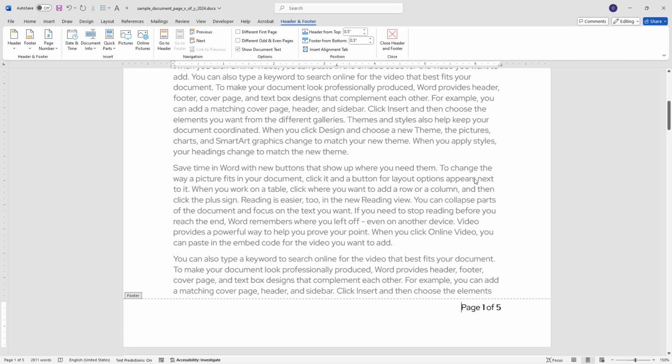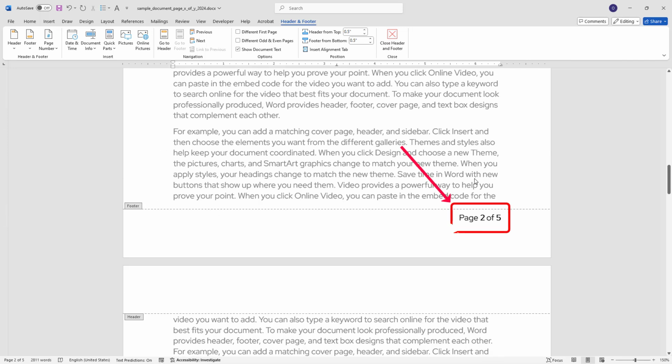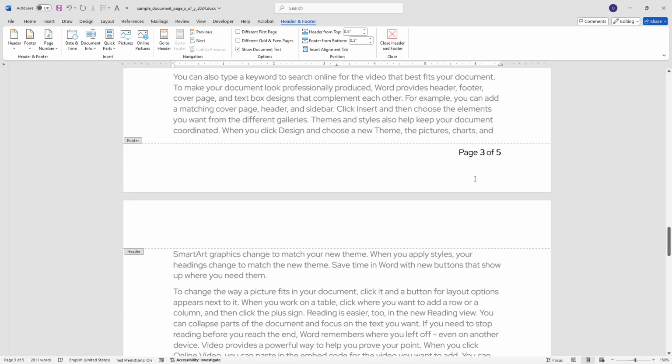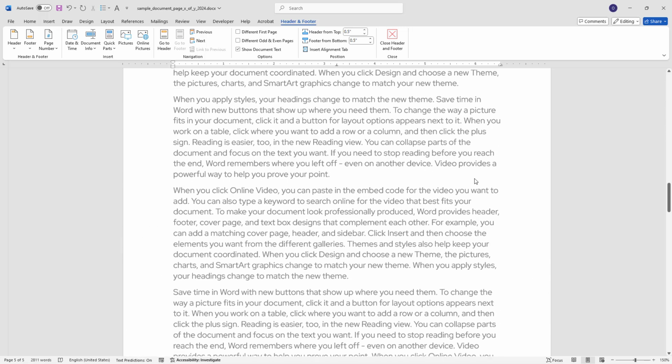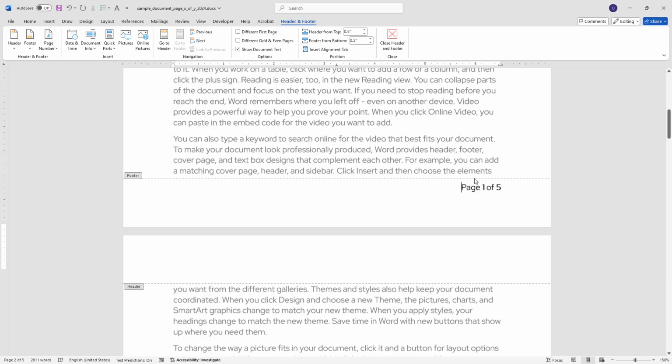As you can see, my page numbers display 1 of 5, 2 of 5, and so on, accurately reflecting the 5 pages in this document. This method is not only the easiest, but also works seamlessly, showcasing its effectiveness for formatting page numbers in the X of Y style. However, let's consider a scenario where you already have content in the footer area.